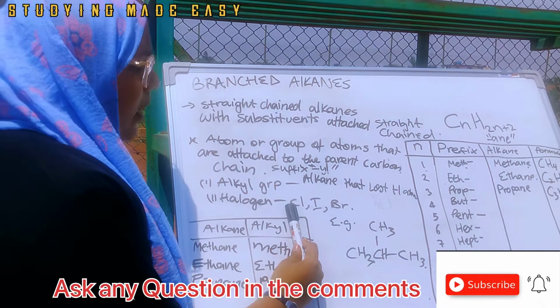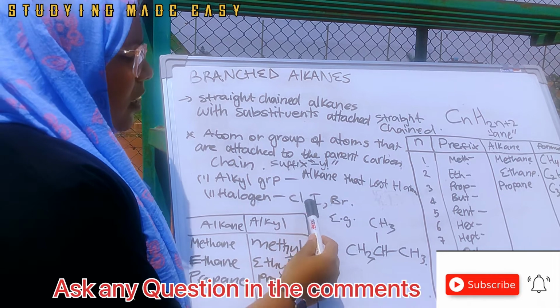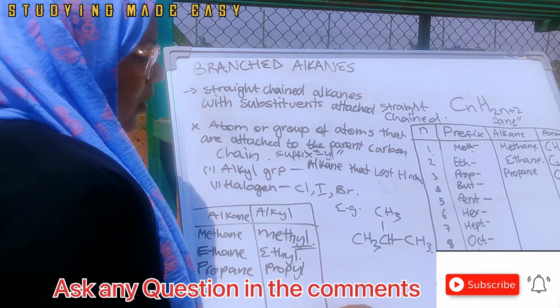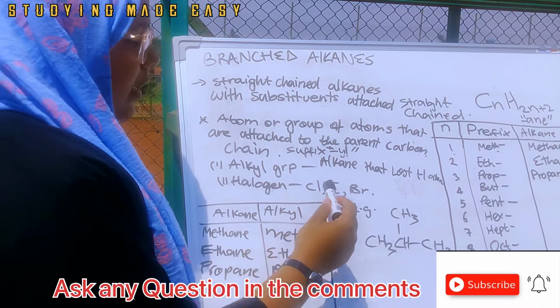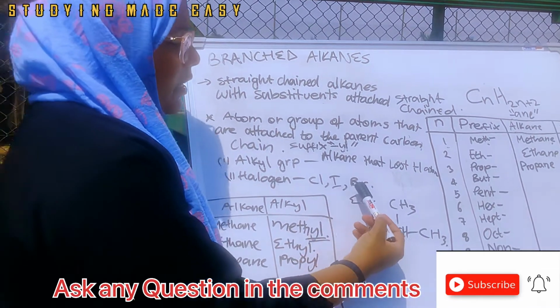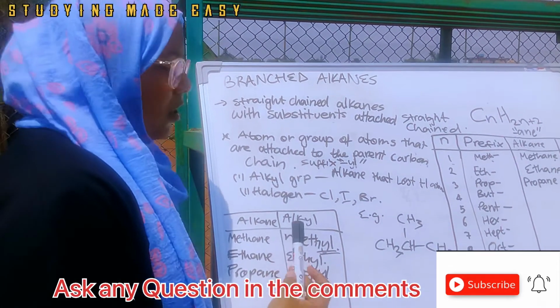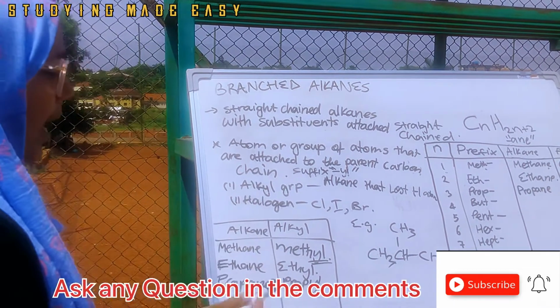Or it can be a halogen. What is a halogen? These are the elements in the periodic table group 4, the last group. This is chlorine, iodine, bromine. Alright, so looking at what an alkyl group is,